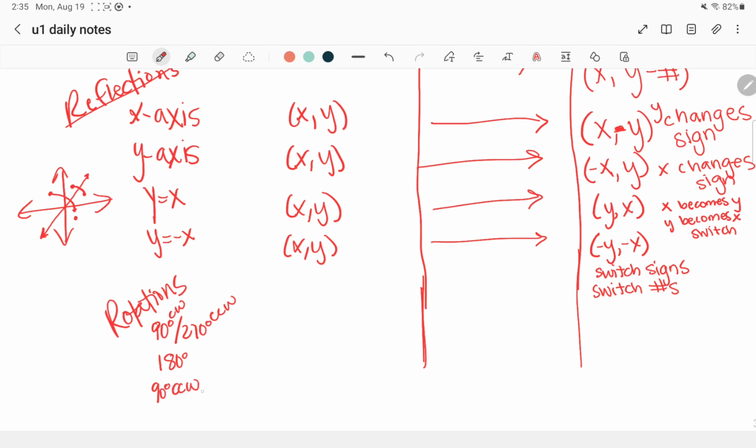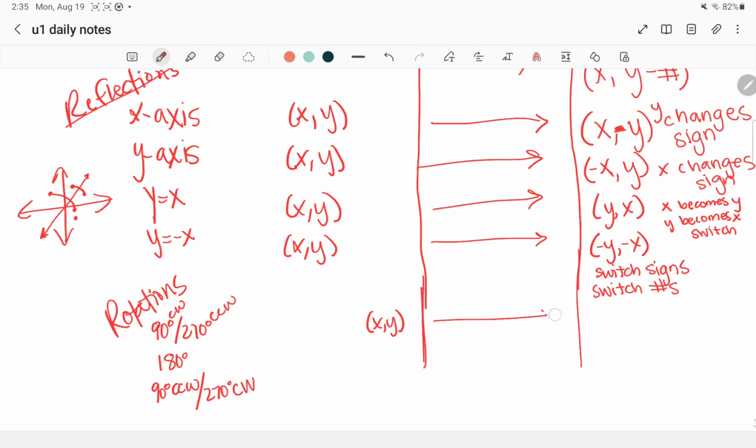Then if I've got 90 degrees counterclockwise, that's the same as 270 degrees clockwise. So because of this, we end up only having to memorize 3 rules instead of like 5, which is nice. And the rules are as follows. For 90 degrees clockwise or 270 degrees counterclockwise,